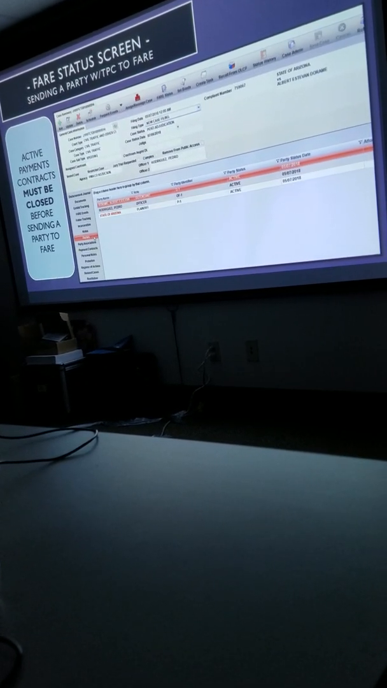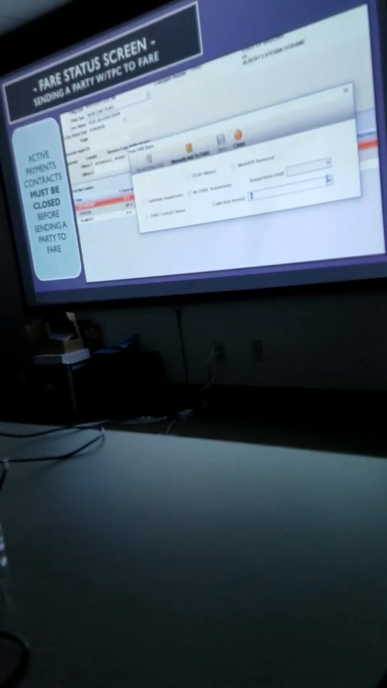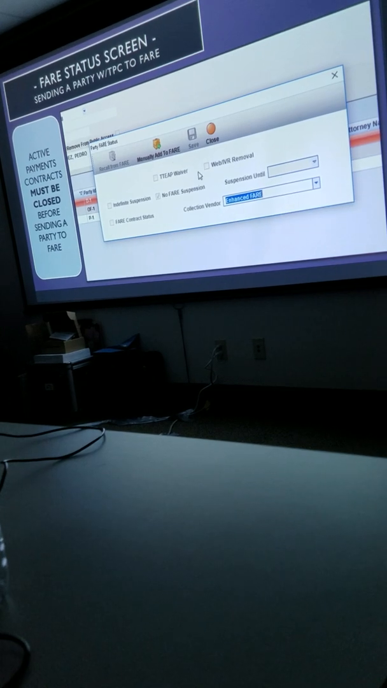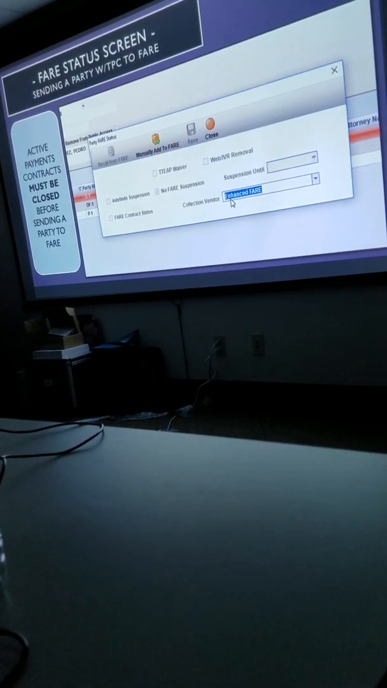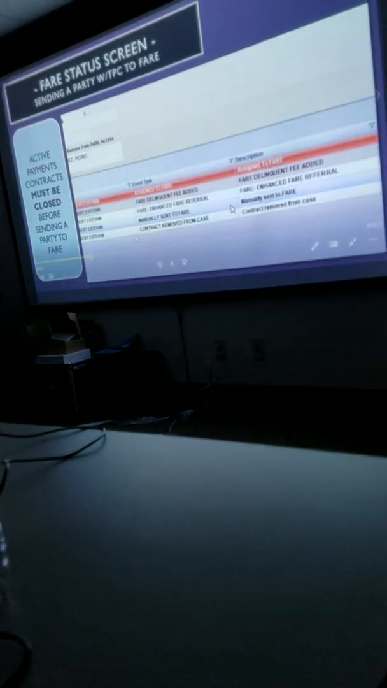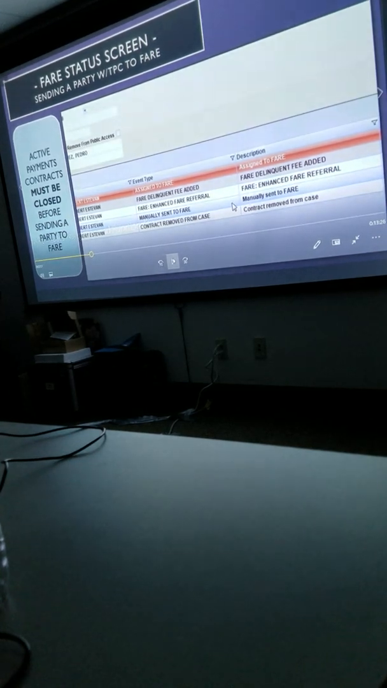Now we can navigate back to the Parties tab in the left tree menu, click the Fare Status icon again, choose our vendor again, and this time when we click Manually Add to Fare, we are successfully able to send that party to fare. So Ajax will prevent you from sending a party to fare that is current on their